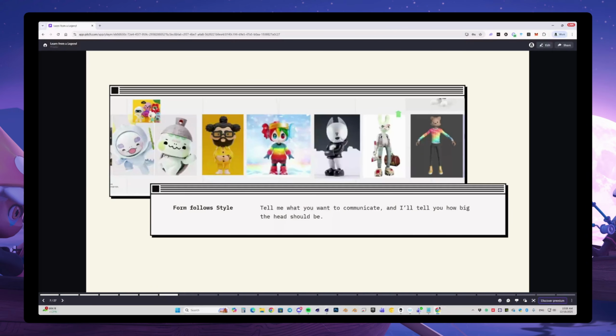So I think that's important if you're looking for a voice. How can you think about your style in order to differentiate yourself? There's a lot of ways to play with that. In the middle, that's the art toy world, which is one that I really love. You can just play along with proportions and see what works best. But in general, a bigger head also allows for more expressiveness, and it allows for a bigger